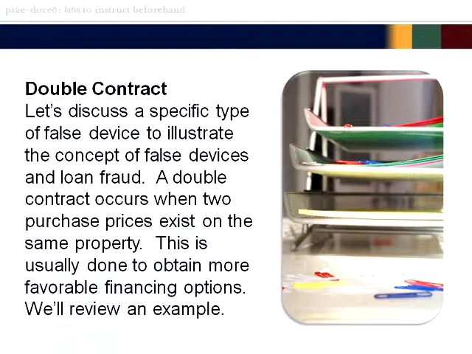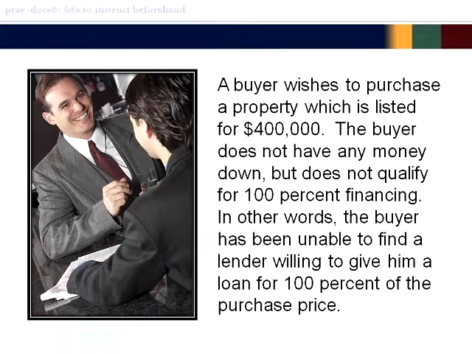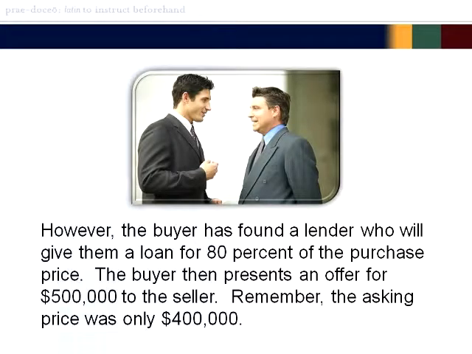We'll review an example. A buyer wishes to purchase a property which is listed for $400,000. The buyer does not have any money down, but does not qualify for 100% financing. In other words, the buyer has been unable to find a lender willing to give him a loan for 100% of the purchase price. However, the buyer has found a lender who will give them a loan for 80% of